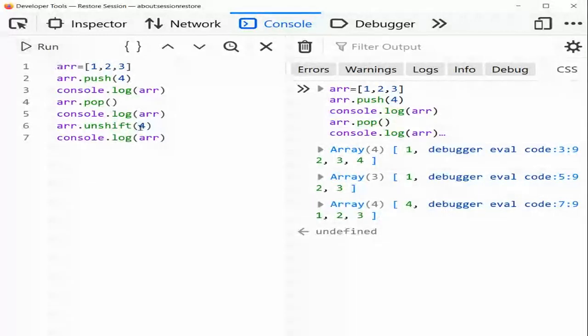Okay. So if we do unshift 4, 4 will be added in the first. Push will be added in the last, and unshift will be added in the first. Okay. We did this. Now, if I do array dot pop, it has removed the last element, right? I hope I am clear up to this point, everyone, है ना? Now if I do array dot shift,